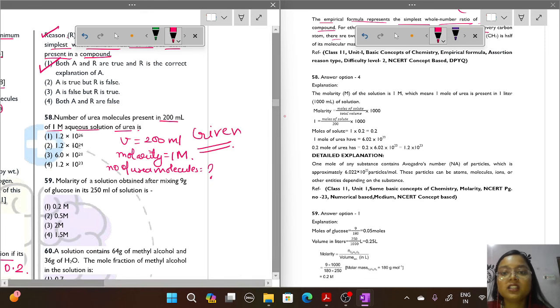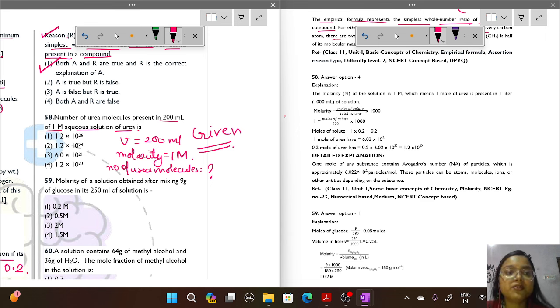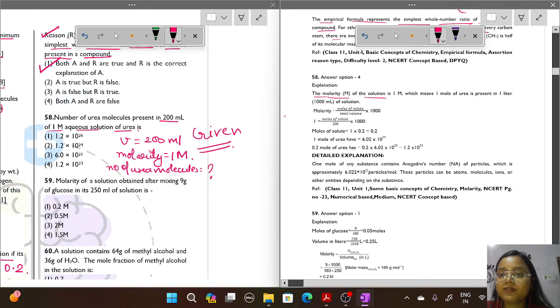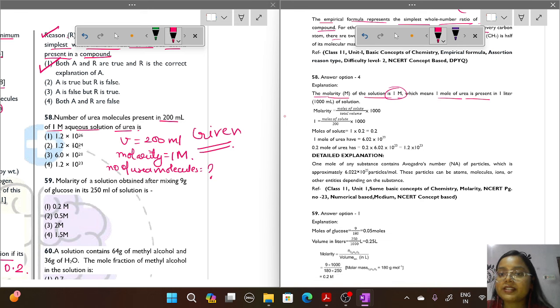Okay. So in question number 58, the molarity of the solution is 1 molar, which is given in the question, which means that 1 mole of urea is present in 1 liter of solution. Okay, so what is molarity? It is the number of moles of solute by volume of solution, right? So if 1 mole of urea is there, it will be dissolved in 1 liter of solution. Okay, so we find that molarity is 1,